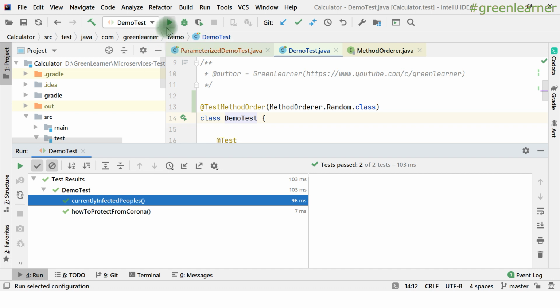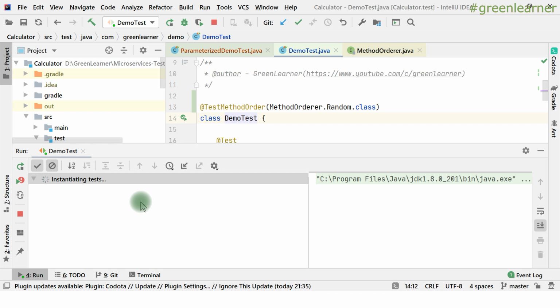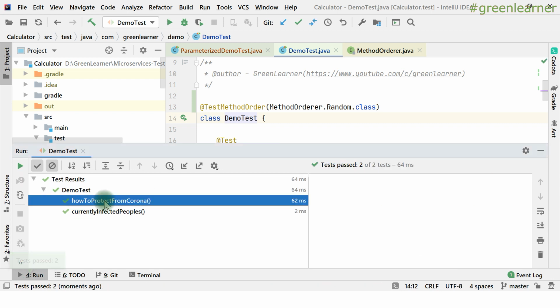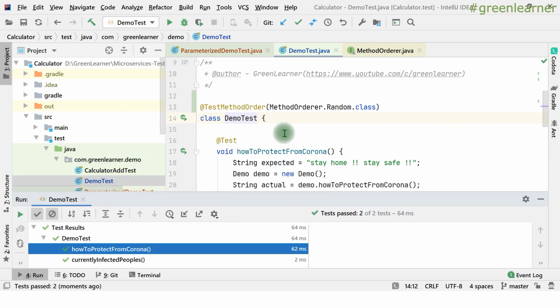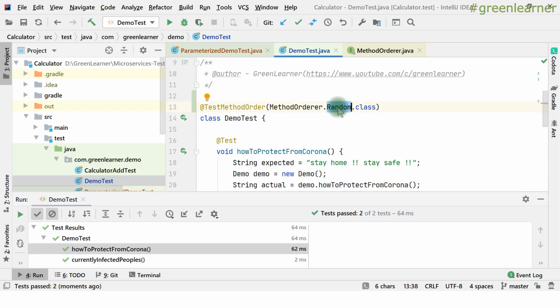So let me execute this again. Probably the second will execute first this time. Here you see the first one is coming first. So as many times as you execute, there will be no fixed order, right? So this is the random. Next, see the